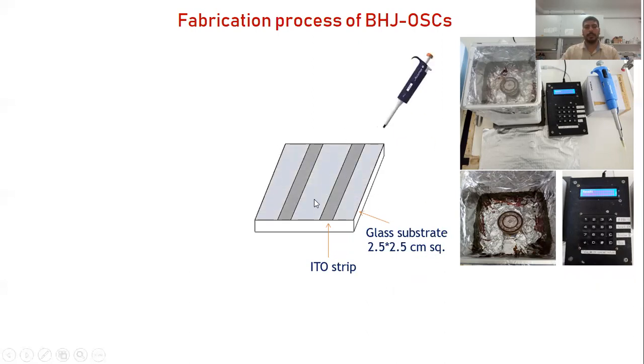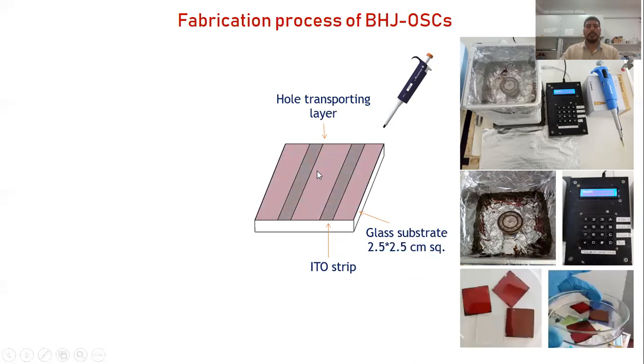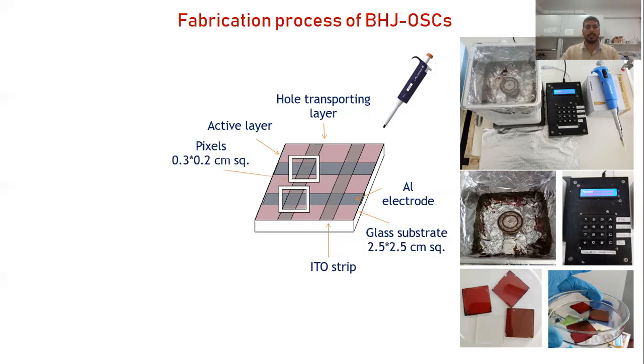We drop cast our material on this, and we place it on the chuck. And then we deposit a hole transport layer and then the active layer. And active layers look like this after the spin coating. And then we can develop a top electrode, that is a metal electrode. The metal electrode is deposited with the help of a thermal evaporator system. And then finally, these cross sections act as your solar cell device. We call these pixels. And here we get 4 pixels. And then from these pixels, we can calculate the current density voltage characteristics curves.